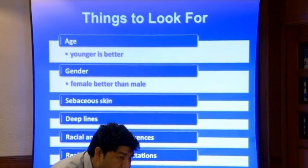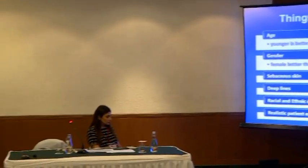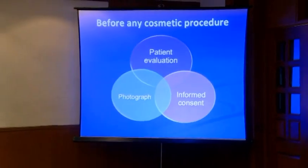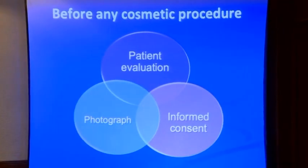Deep lines are hard to fill. You may have to do combination. And as we know, mostly in cosmetics, the combination of many procedures is what's going to give us the best results. Certainly, you need to have a before picture. Many times you do something and the patient will come back in 1 month and say, oh, doctor, I spent,